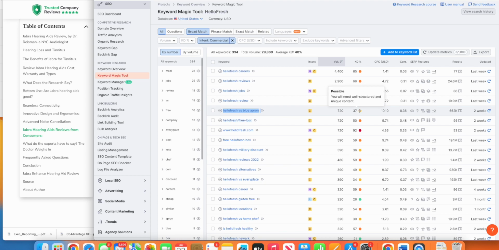And also notice the keyword difficulty, the score here. The lower, the easier it is to rank. So HelloFresh reviews has a keyword difficulty score of 66, which is doable. That's our primary keyword, but we definitely want to include some of these lower ones that are easier to rank for. Now, HelloFresh versus Blue Apron, we could even create a separate page that we make this the primary keyword